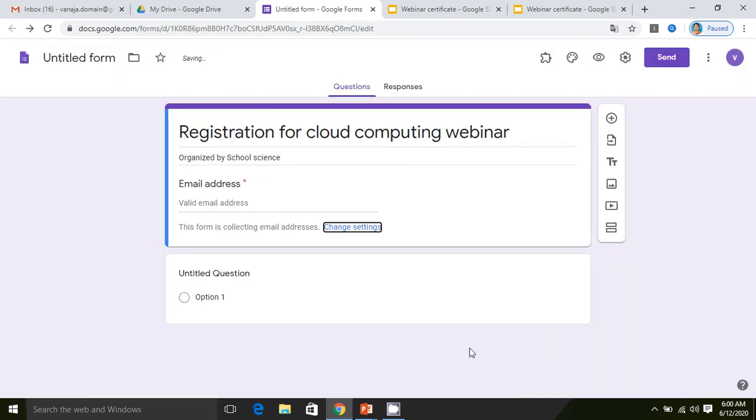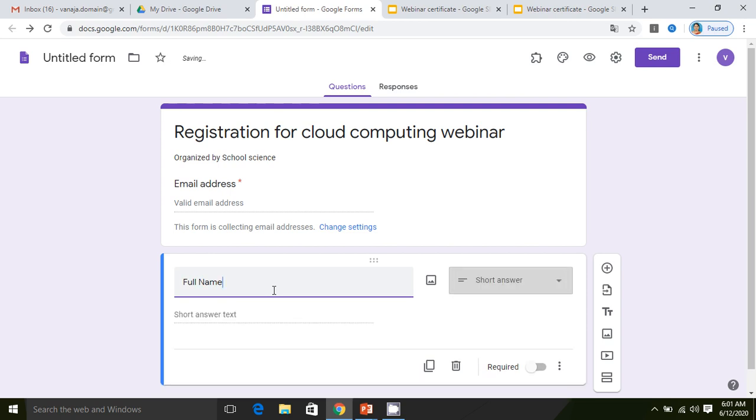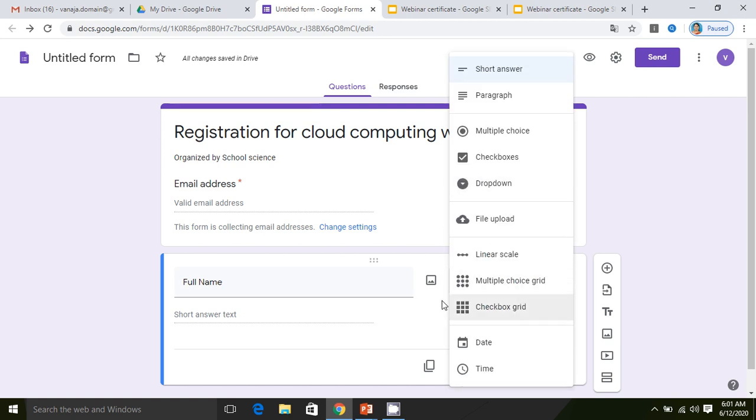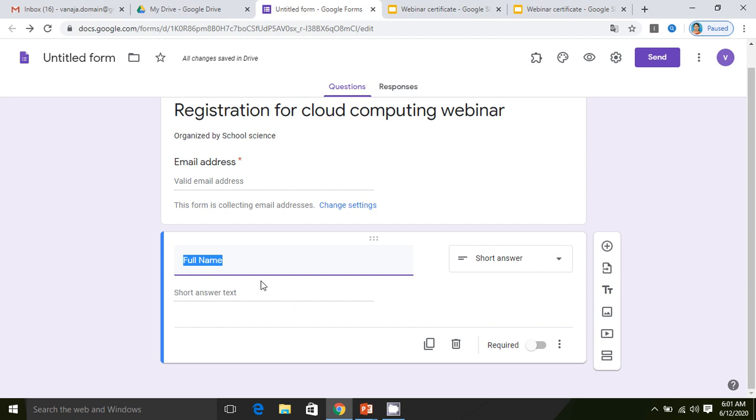I saved here. Fine. Then next step, I wanted the full name of the participant. So I'm going to collect the full name. So I typed here full name. Full name is going to be text, so I have given here text. If you require any relevant information, you can always ask here. So one piece of information I collected is full name.